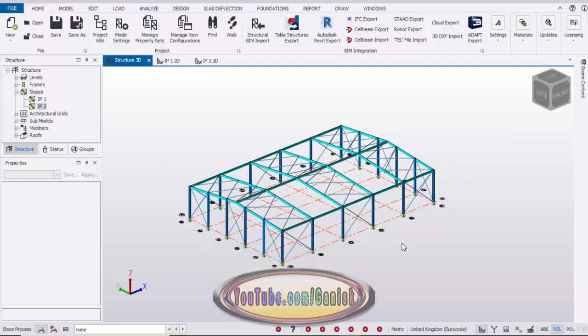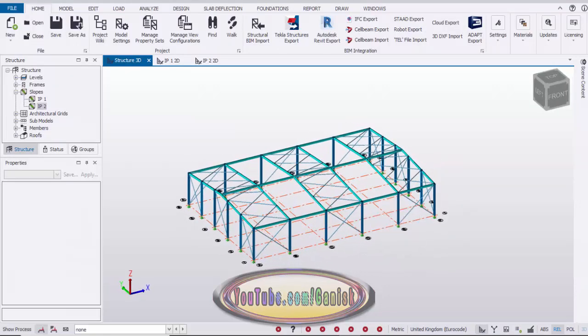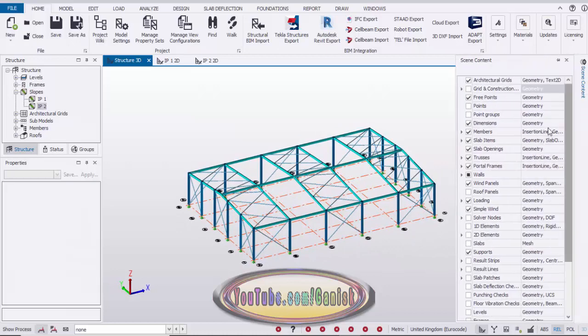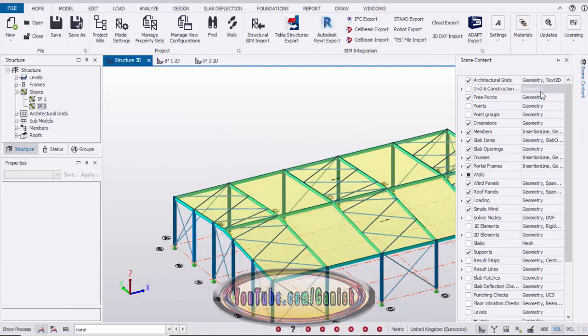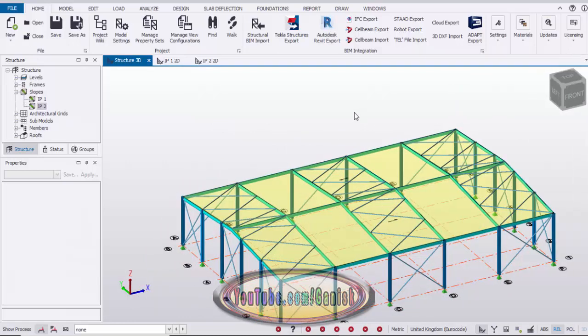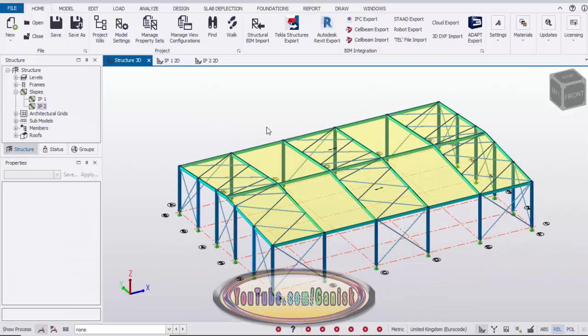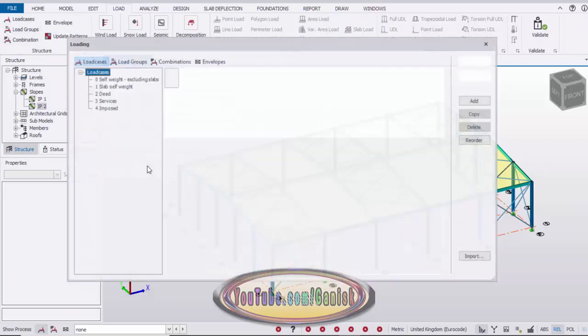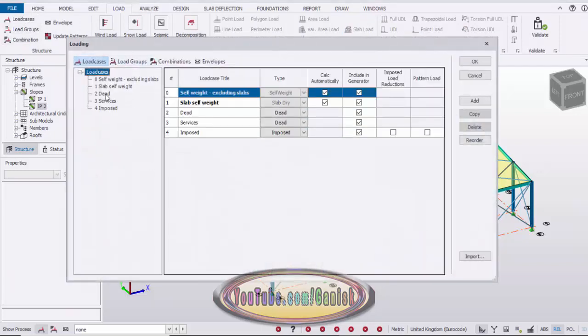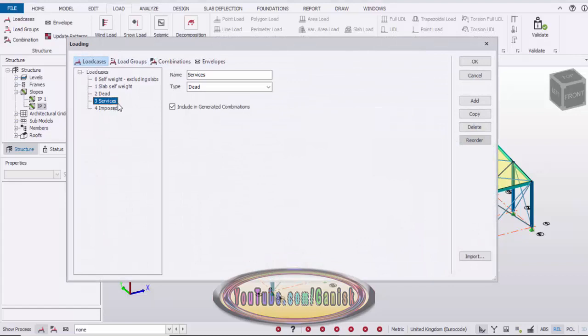Okay, now we're going to create the loading. So click here and select this roof panel. Okay, close it here. Now we're going to apply the loads. Before that, we need to create the load cases. So click on Load and click on Load Case. We have dead load, service load and imposed load.